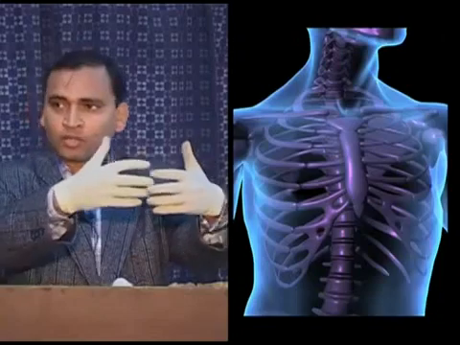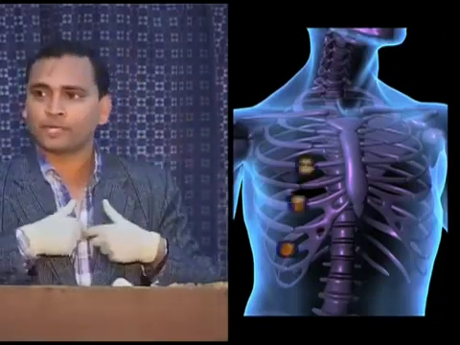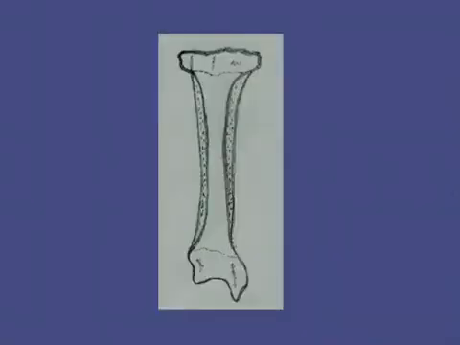In synchondrosis, bones are joined by hyaline cartilage. Example, rib attachment to sternum. As you can see, all the ribs originate from the vertebral column and attach to your sternum. And there is some amount of mobility, because if you don't have mobility, you cannot inhale or exhale. When we are breathing, the rib is coming out and in. It is only possible because of a cartilaginous joint.